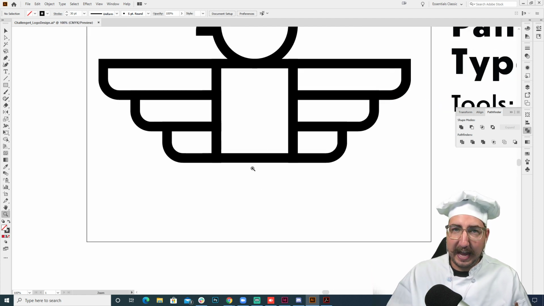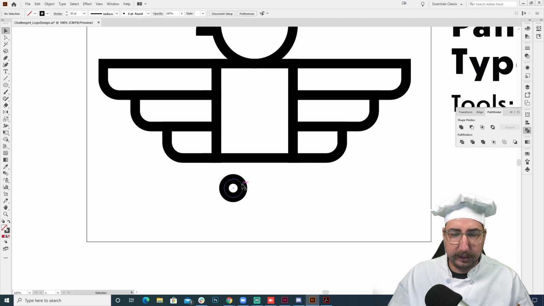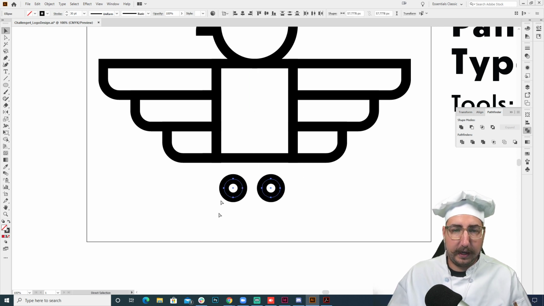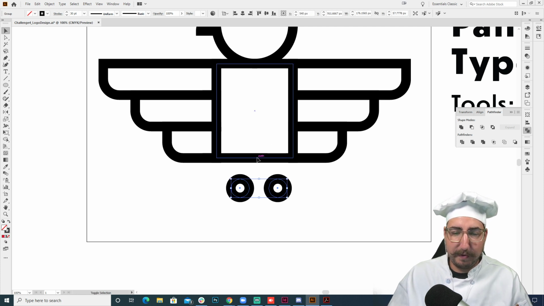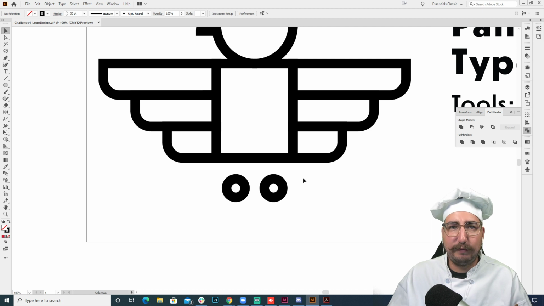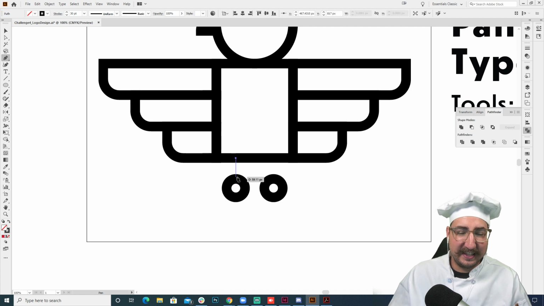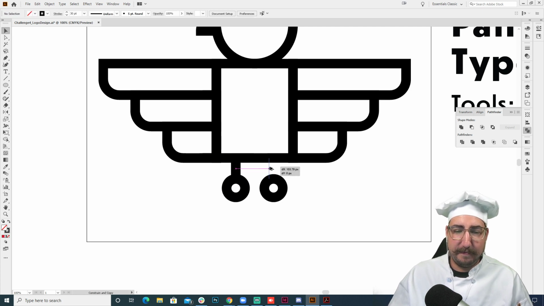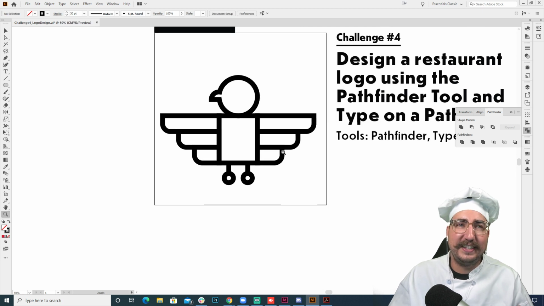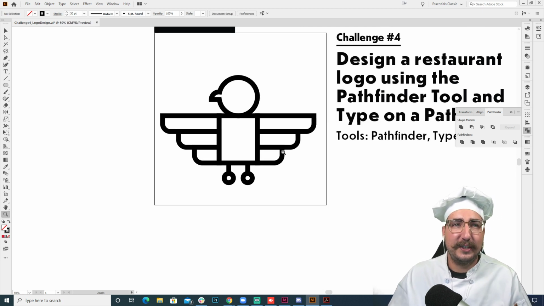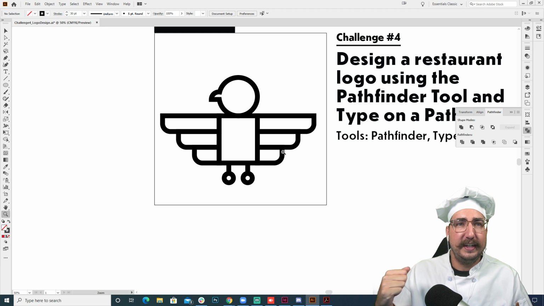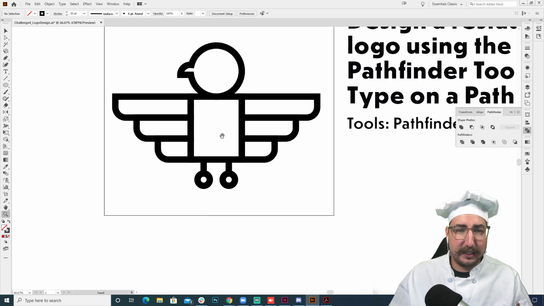Next, we're going to work on the talons. And for me, the talons are very much almost half circles. So we're going to do a half circle here and a half circle here. And in chat, let me know if you remember, how do I make these full circles into half circles? Let me know, and I'm going to build out the legs. So the legs, I just want to be little lines here and there. There we go. And now he's got weird little knobby feet. So please, chat, help me. How do I make them into half circles? How do we do it using the Pathfinder tool?